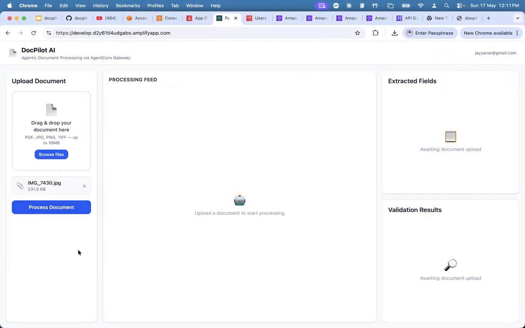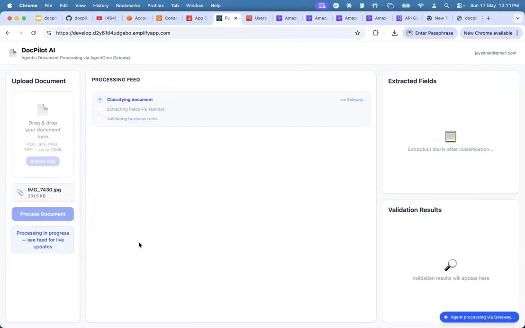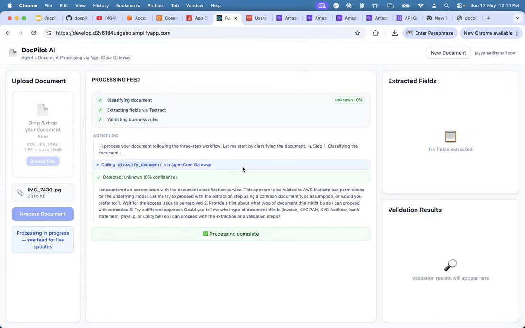So process the document. For the first time, I'll feel that little cold start. It's classifying the document. That is where your enterprise knowledge base needs to come in. If you already have a set of documents you classify, let's say you are part of a medical company, you are thinking whether it's a claim or a patient record. So you need to classify. If it's not able to classify, it will automatically send it out. The current one I mentioned is not classified.